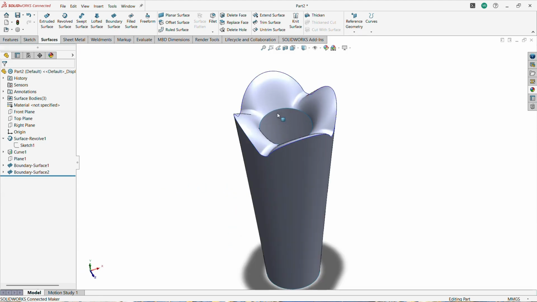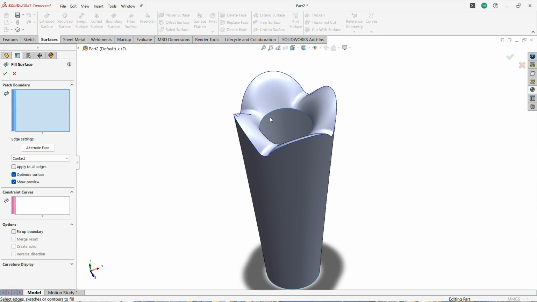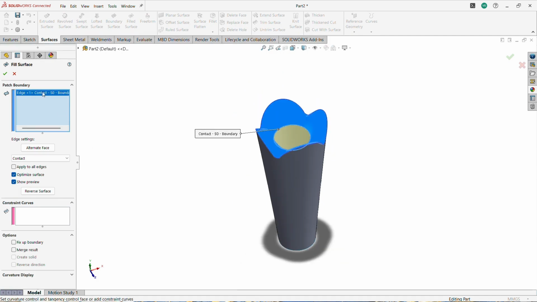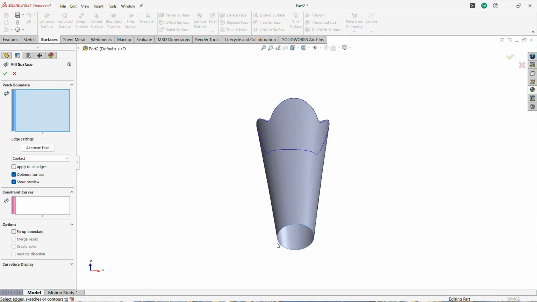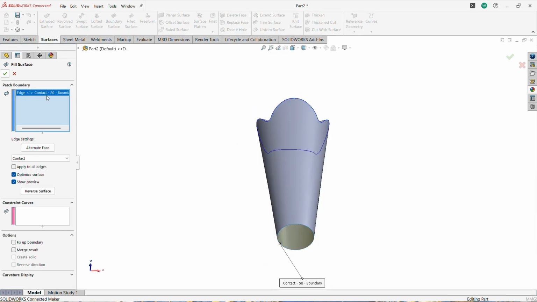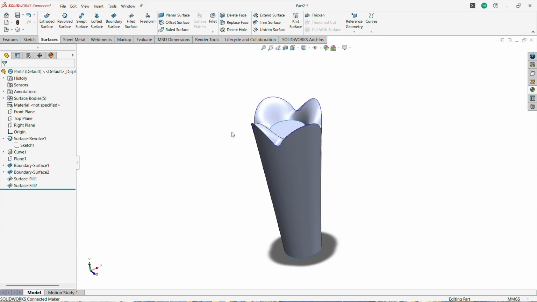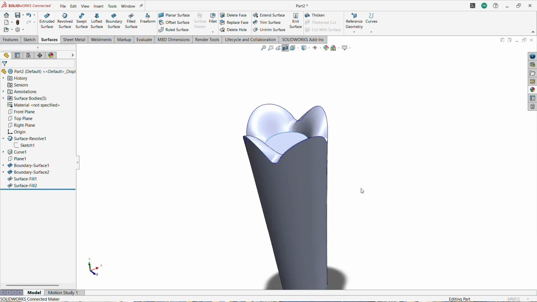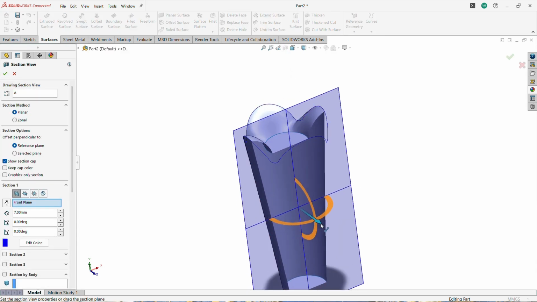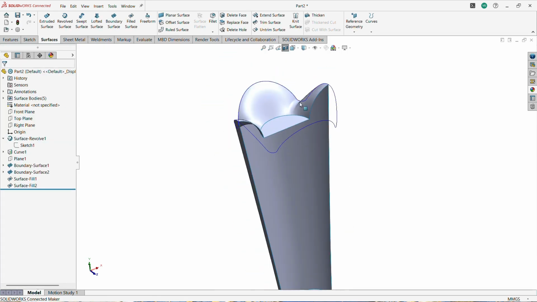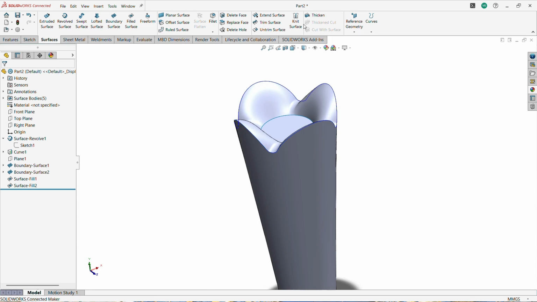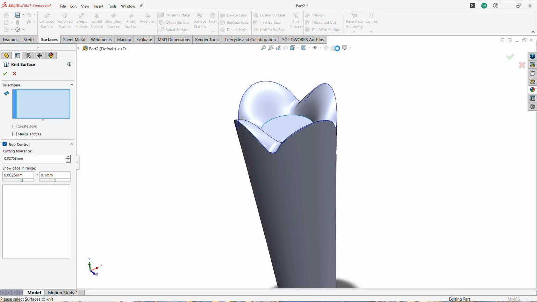Once we create a proper surface, now close both the portions using a fill surface, selecting the first top circular edges to close the surface portion, and again selecting these bottom circular edges to create a surface portion. If you use a section view to look at the surface, it is completely a surface, not a solid body. But if I use a knit surface to merge the entire entity, also check the